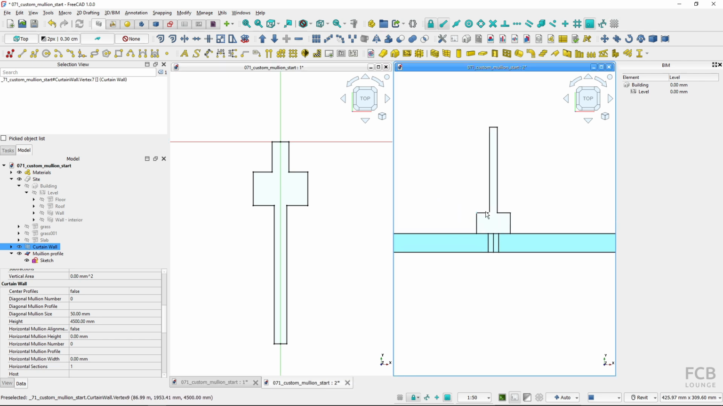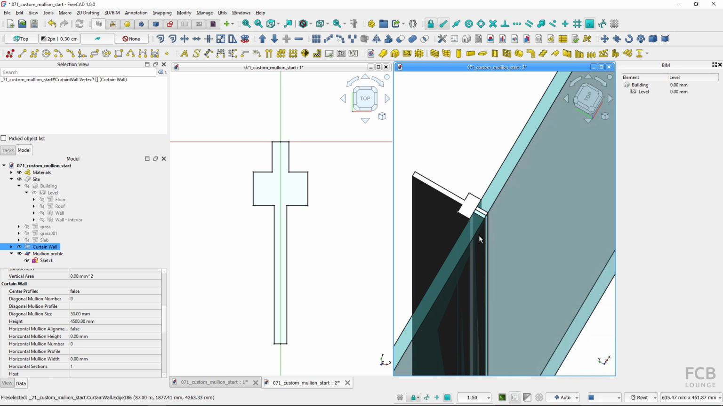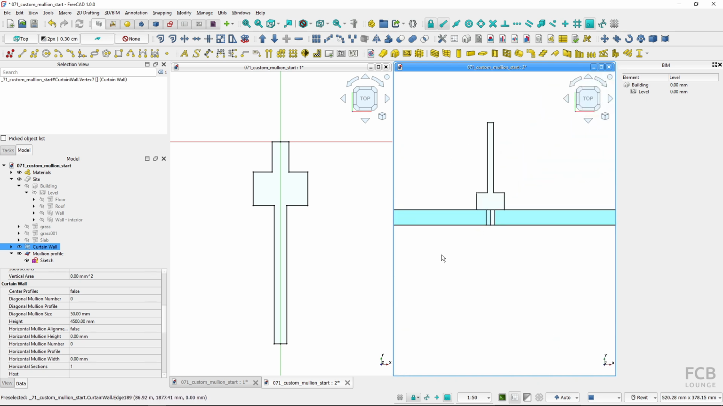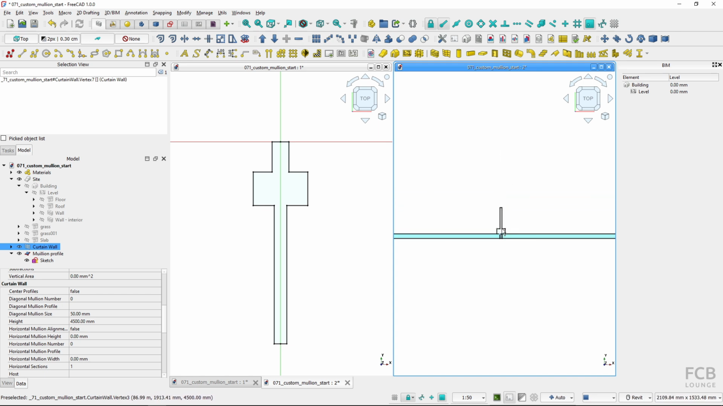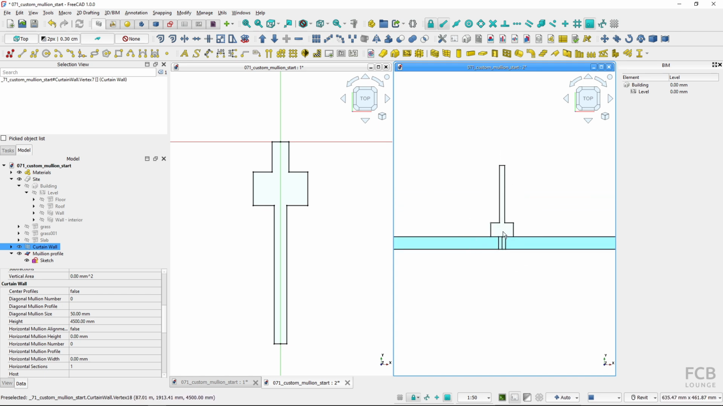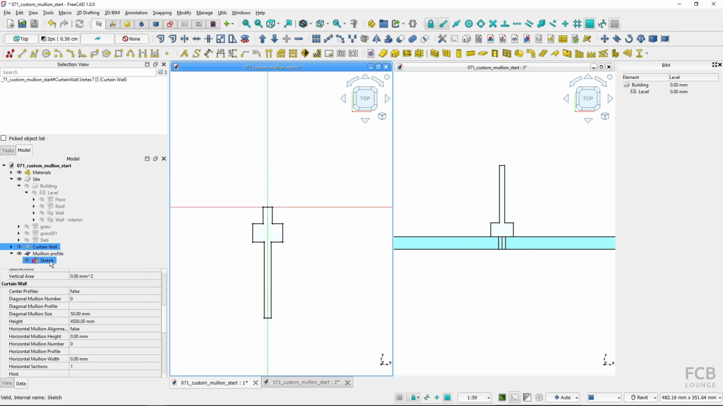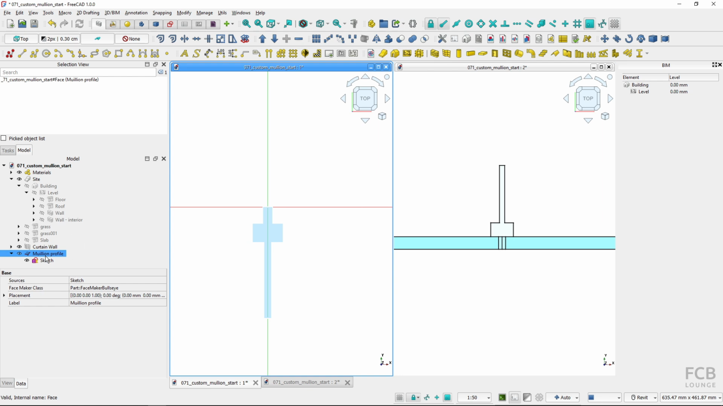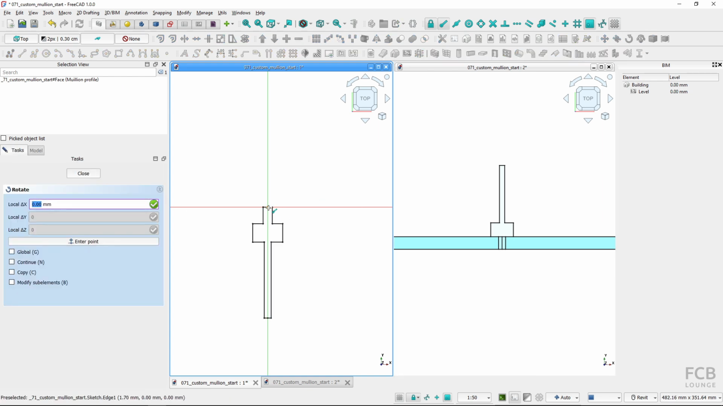So this is the alignment that we really want to use. You can see that we look both from the top on the sketch and on the curtain wall. The profile is rotated 180 degrees. For me, in this case, it's the proper rotation, but if it was not correct, I could select the mullion profile, the face, and just rotate it